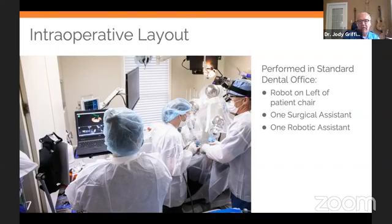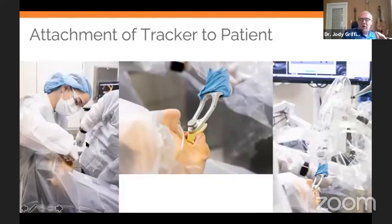The beautiful thing about this software is when you plan 10 millimeter depth, it stops at 10 millimeters. It will not let you drill further than 10 millimeters. And it also gives you an audible beep. So when you get into guided mode, when you lock into your plan, it gives you an audible beep that says you're in axis of the implant. As you begin your osteotomy and drill down, when you get to depth, it gives you 3 beeps, beep, beep, beep, and that lets you know that you're at depth